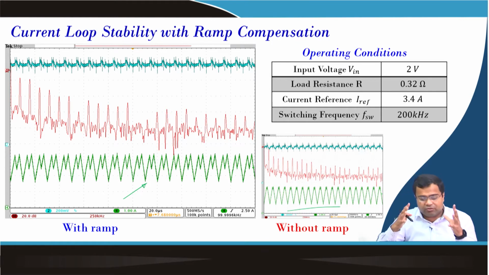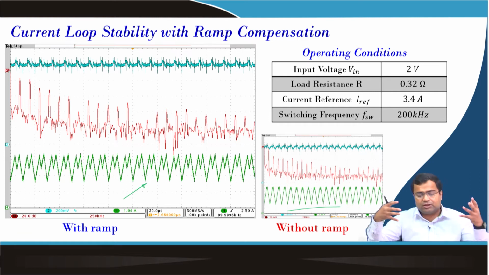In fact, it is a well-known fact that if you add more and more ramp, the benefit of current mode control is lost, because by closing the current loop, we want to mimic the inductor as a controlled current source. But when the ramp compensator is added, then the two poles, because there is a single pole approximation in